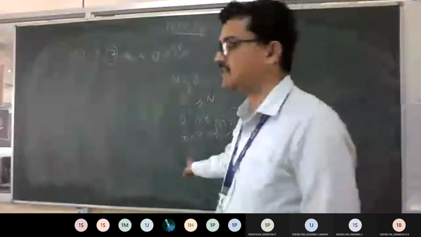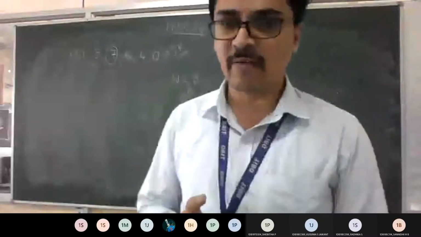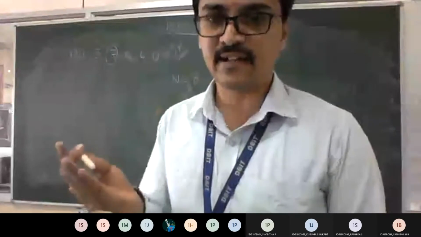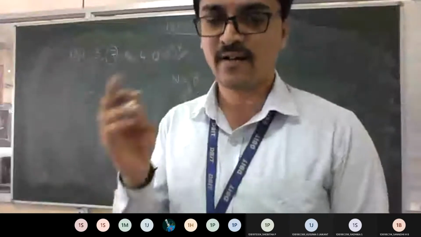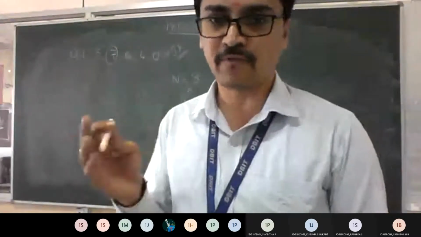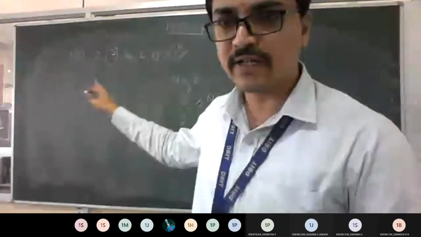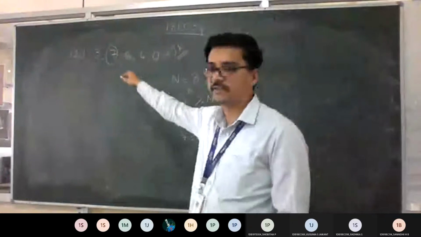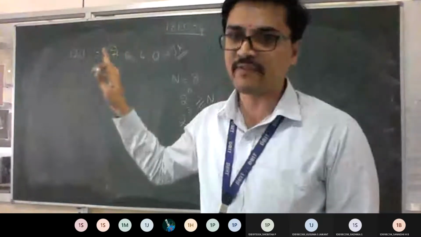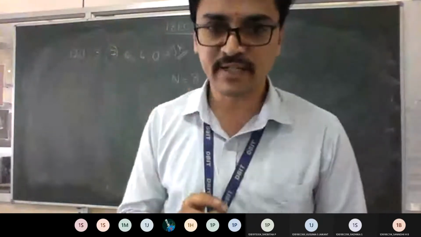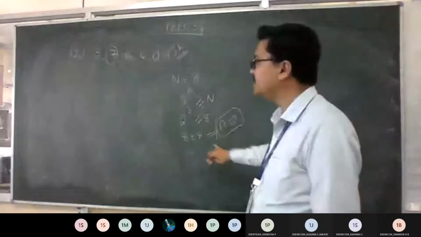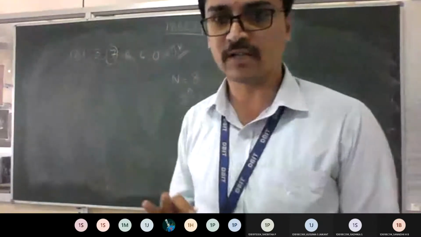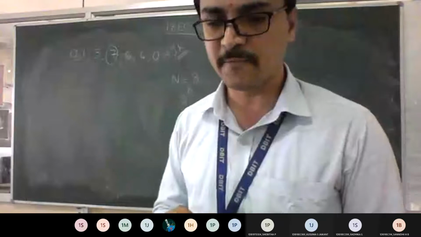Sequence. Good. See, if it is mod 8, the count will happen 0, 1, 2, 3 till 7. If you write that as a next state, for 0 you will write 1, for 1 you write 2, then 2 gives 3, 3 gives 4, 5, and so on, right? But look here, that is not the category you have to consider. You have to go with the sequence given in the question. That is the major difference between a mod 8 counter and this counter, which is also mod 8 but with a sequence. I hope everyone got it till here. Shall I proceed?